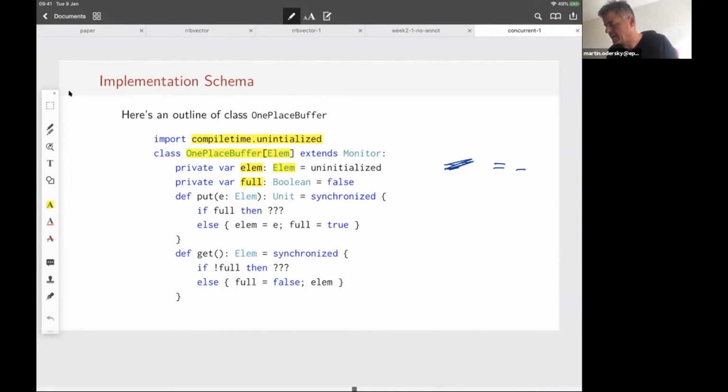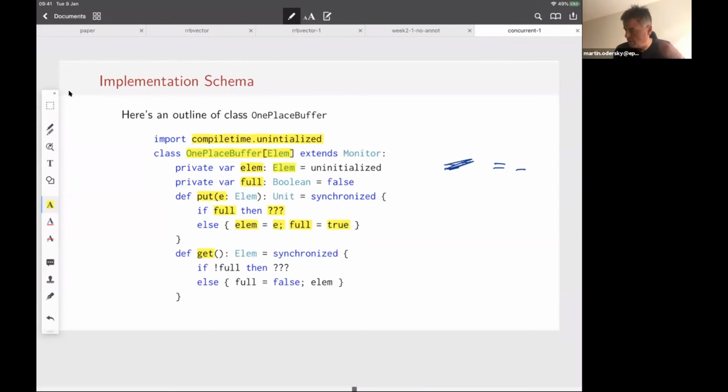Good, but that aside, let's look at what the buffer actually does. It has two operations, put, which is called by a producer, and get, which is called by a consumer. What would put have to do? It would have to say, well, if the buffer is full, then we have to wait. And I leave open for the moment what waiting means. And if the buffer is not full, well, then the element can be deposited in the element field, and full can be set to true, and that's it.